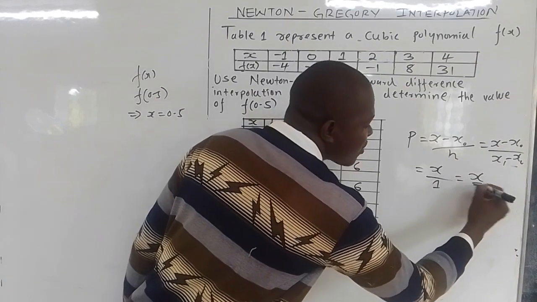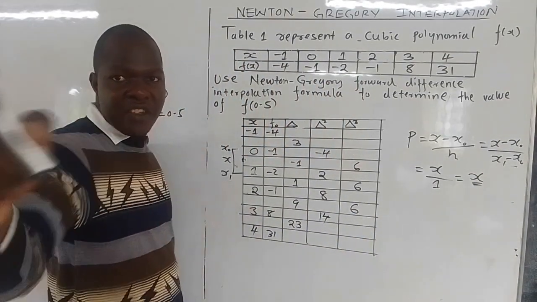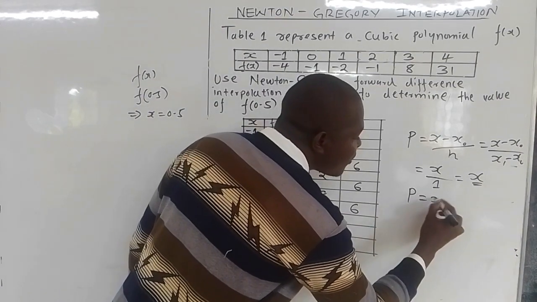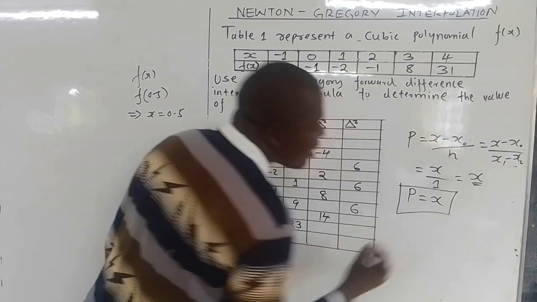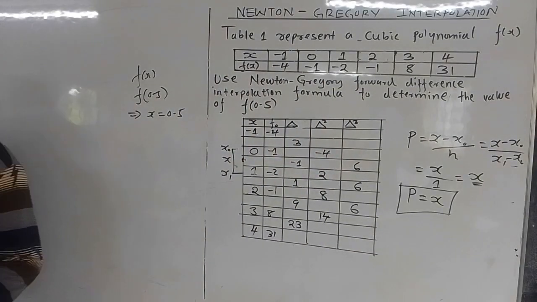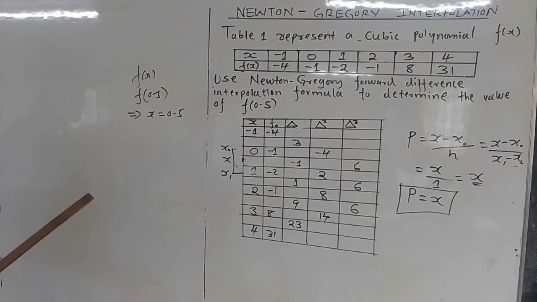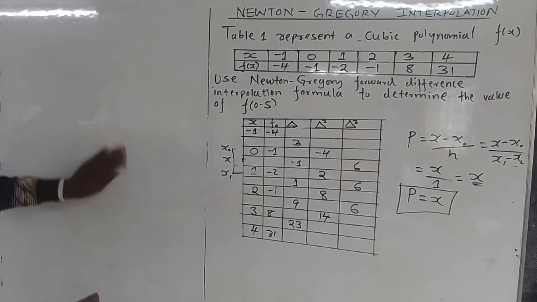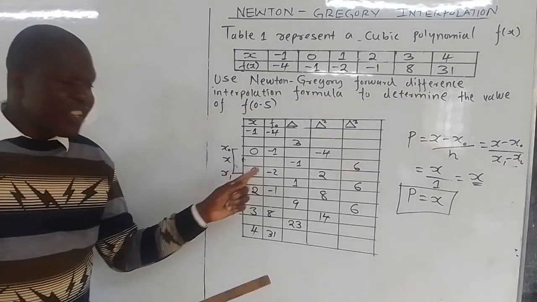So x minus 1 is just x. Are we together? So we found p is equal to x. That is what is important there. P is equal to x. After getting p, the next thing we need to get, remember our x is here, you must put a line